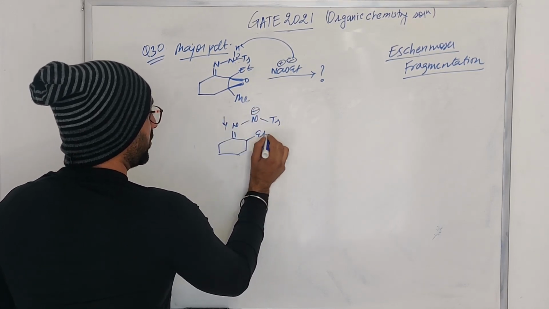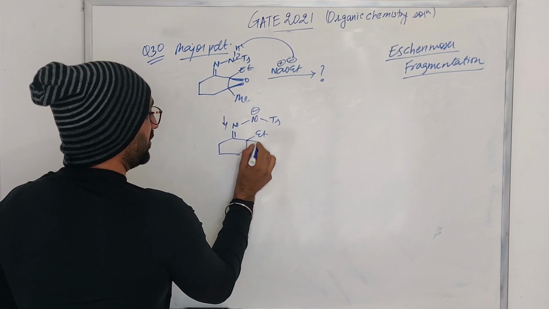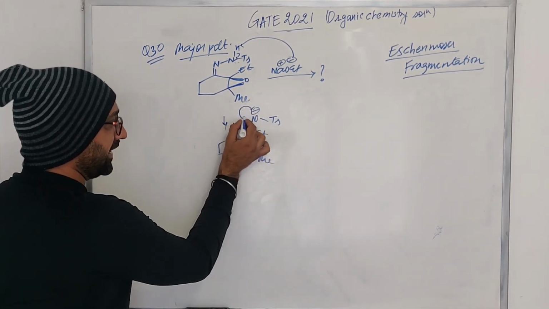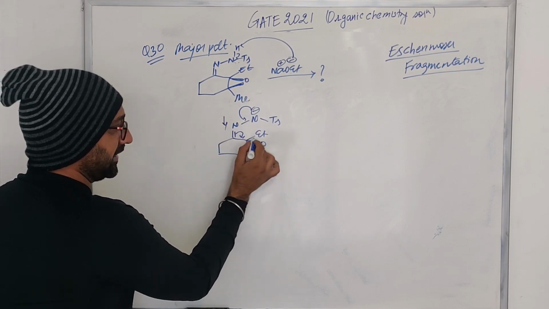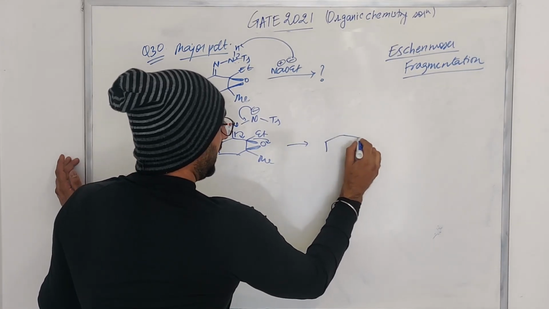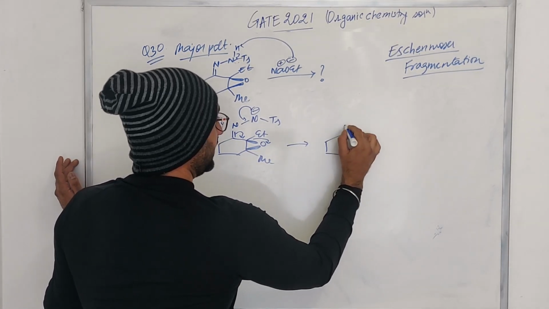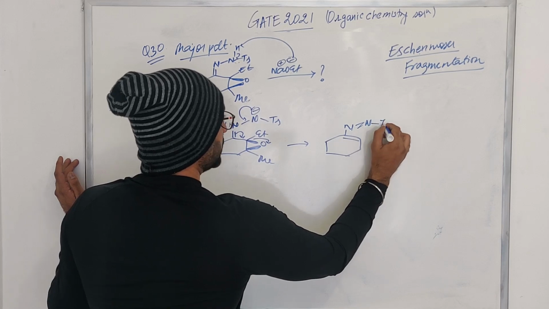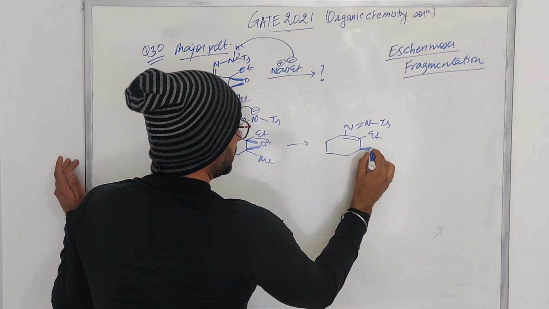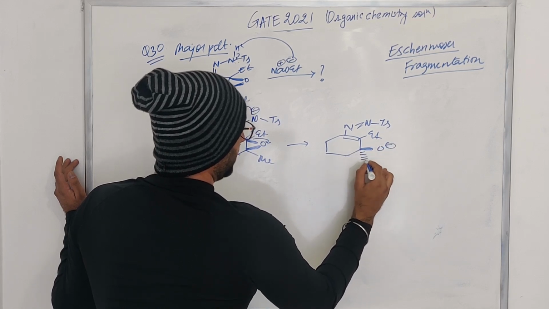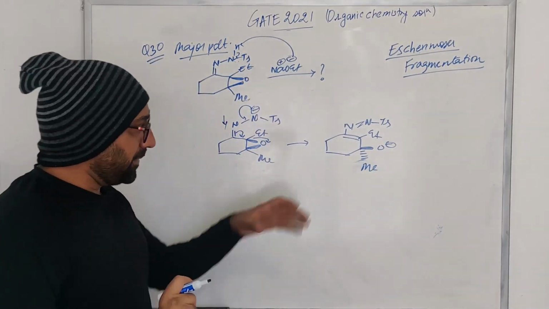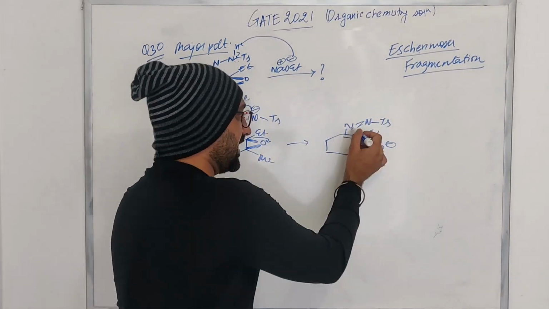And if you have an acidic proton, after that always think about moving the electrons and moving the bonds just to see what is happening. If I move it here in this direction and this moves here, then obviously the epoxide is going to open in this direction. Let us just do that. Now this is what you have. So what you have is a double bond here, and we have N, and we have tosyl, and we have an ethyl here. We have this O coming out of the plane, so this must be going behind the plane. Sorry, methyl.